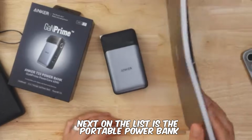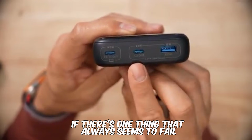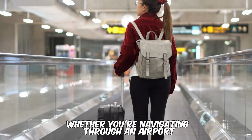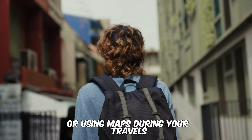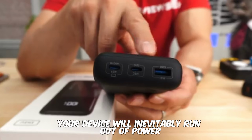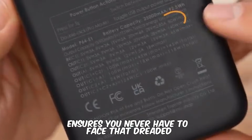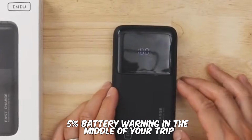Next on the list is the portable power bank. If there's one thing that always seems to fail during travel, it's the battery life of our devices. Whether you're navigating through an airport, taking photos, or using maps during your travels, your device will inevitably run out of power when you least expect it. A portable power bank ensures you never have to face that dreaded 5% battery warning in the middle of your